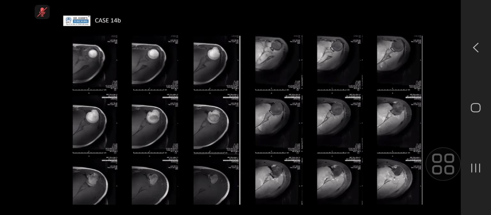So there is a soft tissue lesion. The soft tissue lesion is enhancing, and it has caused cortical destruction of the spine of scapula